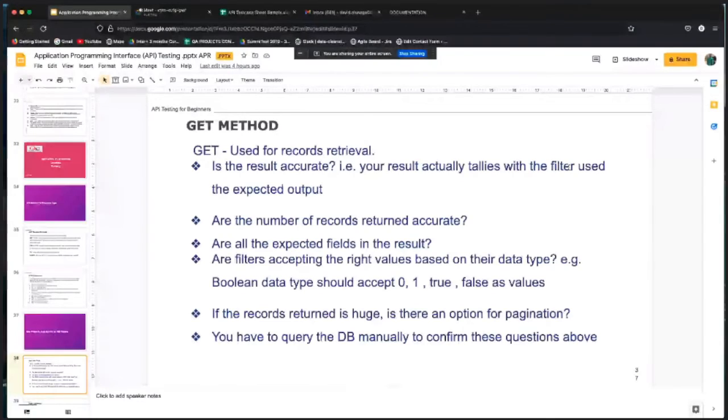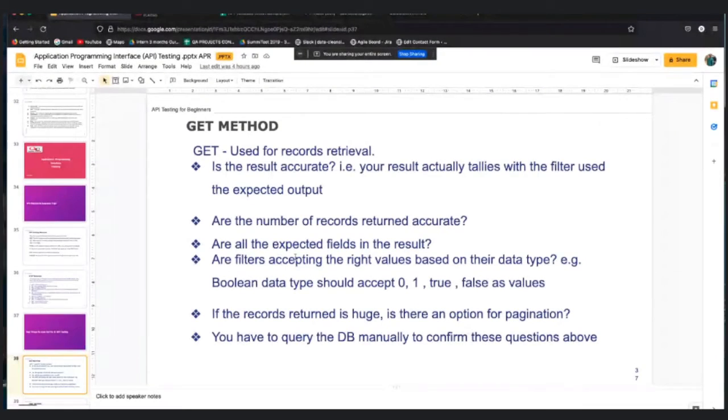We also check if the numbers and records are returned accurately, and if all the expected fields are in the result. We also check if the filter accepts the right value based on the type of data, e.g. a Boolean data type should accept 0, 1, true or false as value.